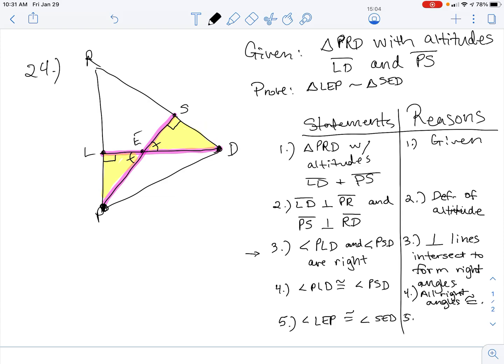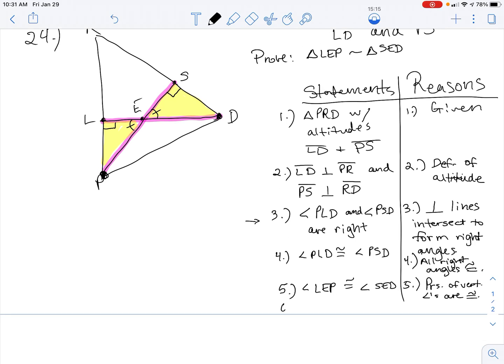And why? Because pairs of vertical angles are congruent. I'm doing a lot of abbreviating here. I hope that you're able to make out what I'm saying. I'm speaking it as I write it. And then finally, let's see what we have. Do we have enough to prove this? So we said number 4 shows congruent angles, the two corresponding angles congruent in the two triangles. And also step number 5. So there's our two pairs of corresponding angles that are congruent, and that's all we need to prove that